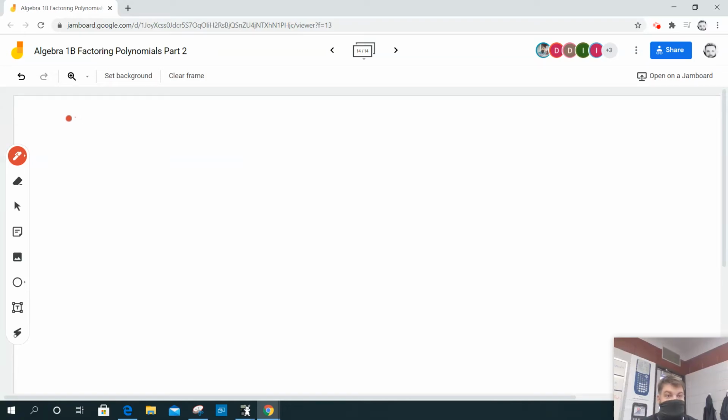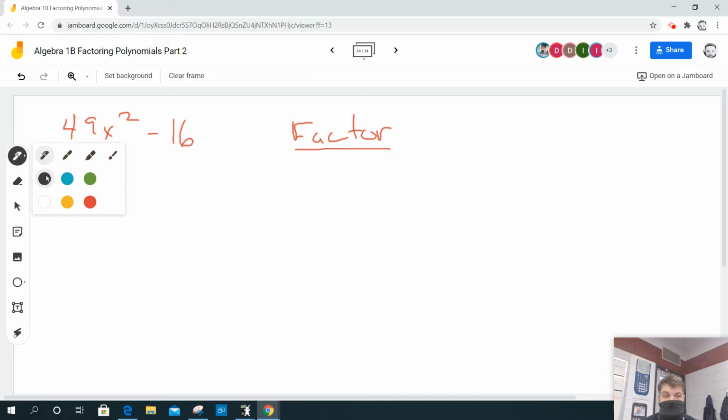All right, so if I have 49x squared minus 16, how do I factor that? Well, first and foremost, what does that look like? That is a difference of squares. So remember the pattern for the difference of squares